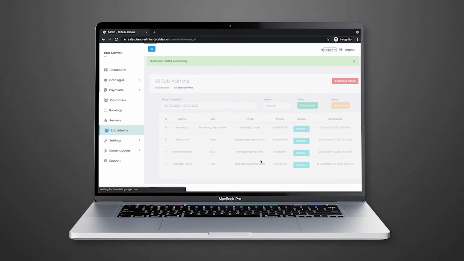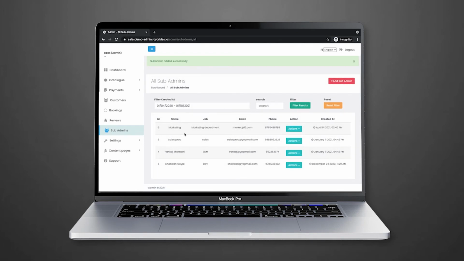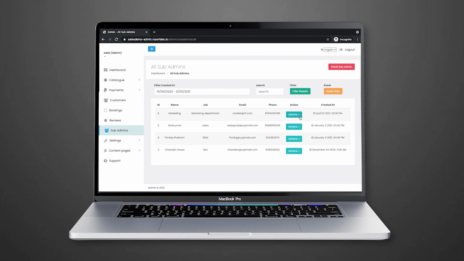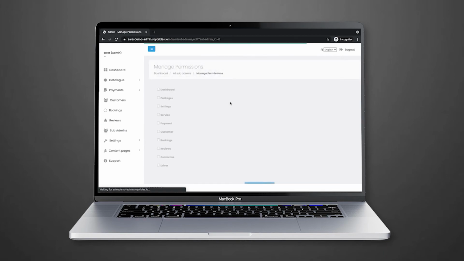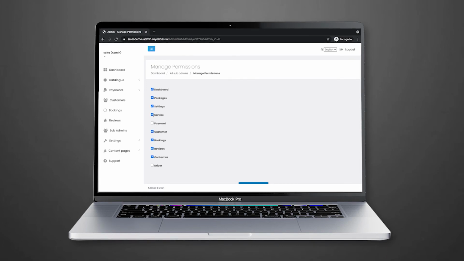So this is the sub-admin that we have created, and we want to choose actions and set permissions for this department. Right now he can access packages, settings, services, payments. We don't want to give him. He can manage customers, bookings, reviews, the contact us section, and these things.